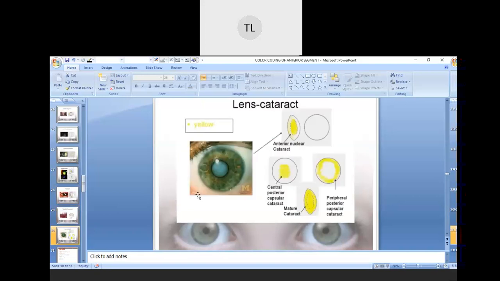So next we have is a lens cataract. Okay. If there is any opacity in the lens, if there is any type of cataract, whether it's a nuclear cataract or posterior subcapsular cataract or mature cataract or the peripheral posterior subcapsular cataract, or if there is any early changes. So see, have you guys heard about the early changes? Yes. Have you heard about the early changes? Yes, tell me, any one of you. Early changes. Have you heard it or not? Yes or no?